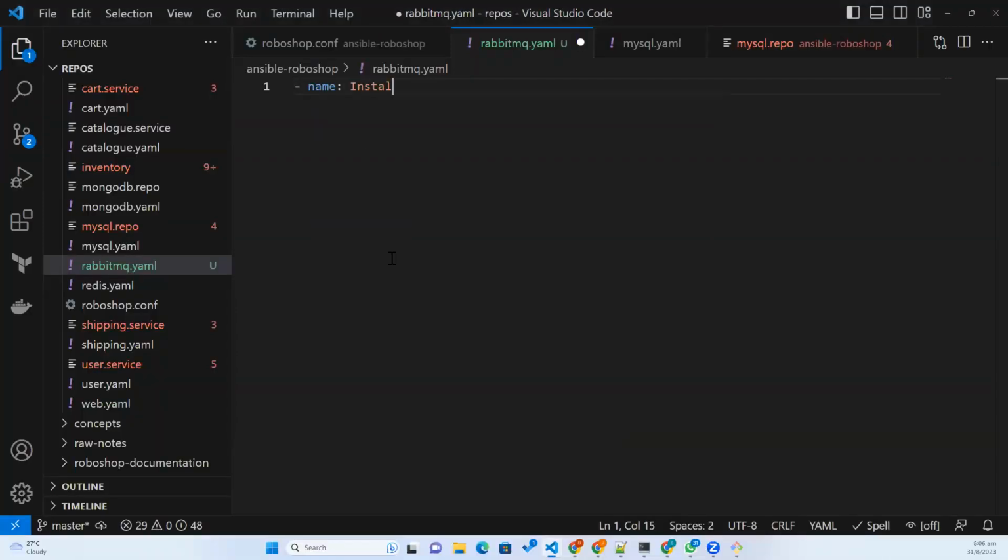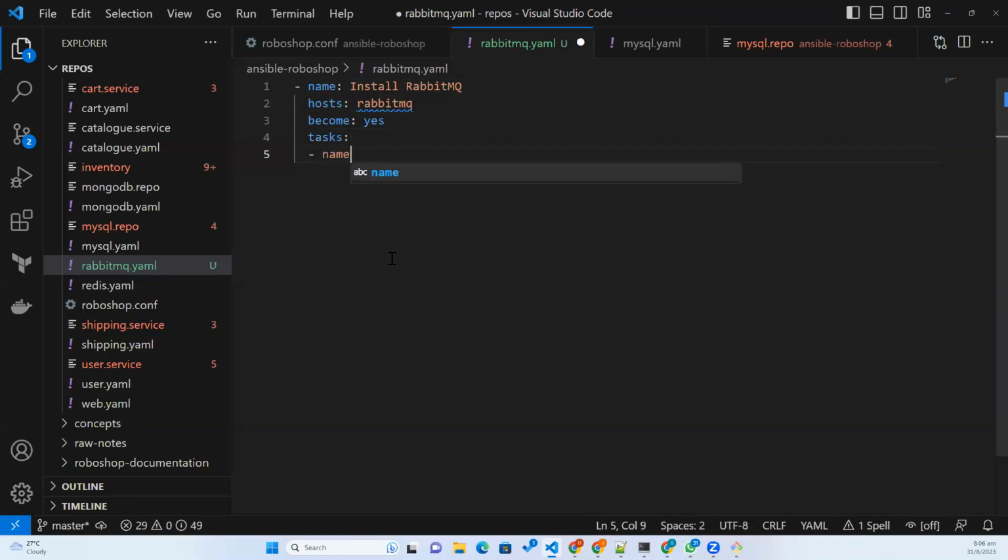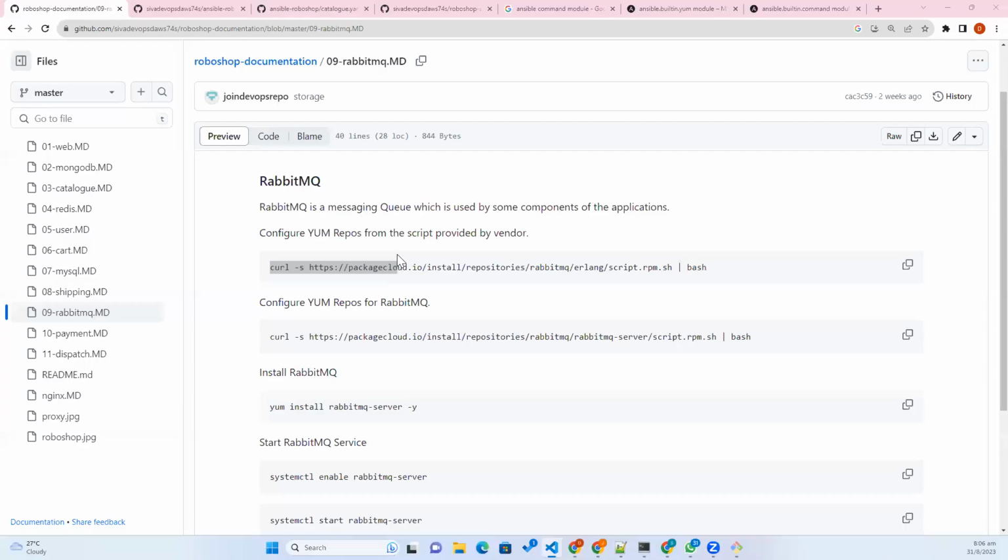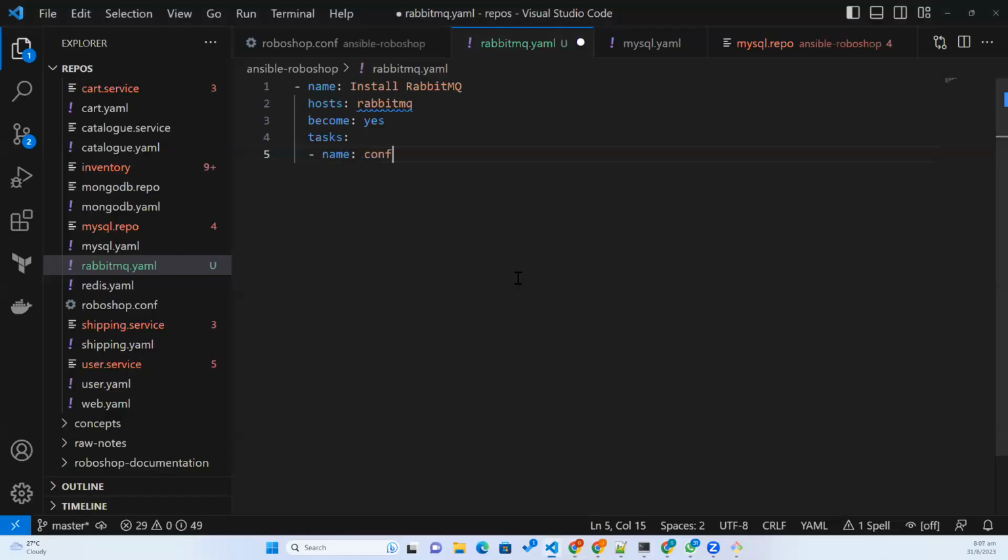Name install RabbitMQ and then hosts RabbitMQ, become yes, and then tasks configure repos. This is provided by RabbitMQ. Okay, configure RabbitMQ